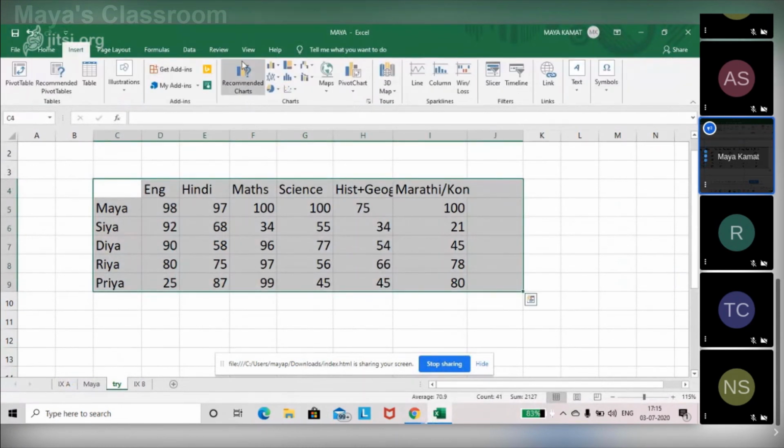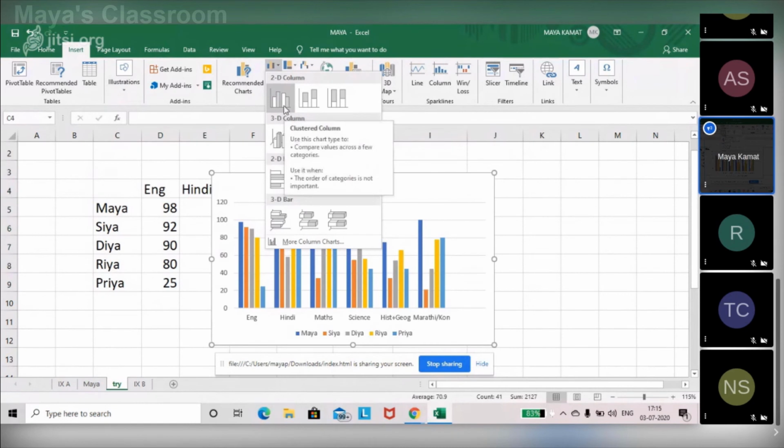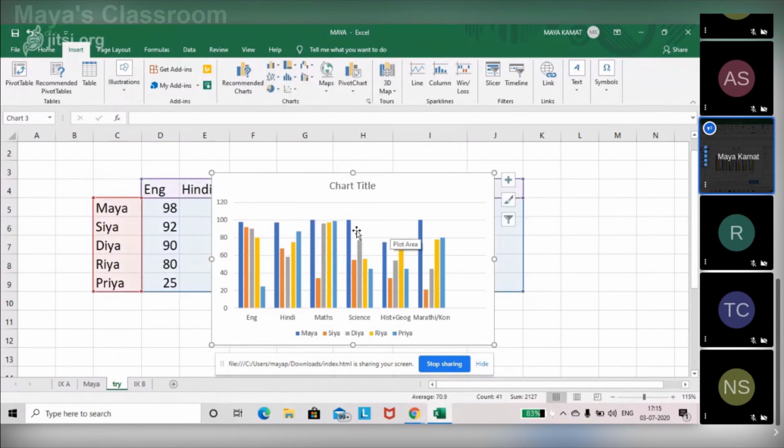Again, I'm going to insert menu. I'll go to column chart. See, the difference is these are verticals, whereas bar chart was horizontal. So in English, I have not got, or rather, I have got very good marks in English, but not in, which is this? Priya has not got good marks in English. Am I correct? Yes. See, so in this way, I could easily find it out who has got good hold of the subject, or rather which subject. Clear?